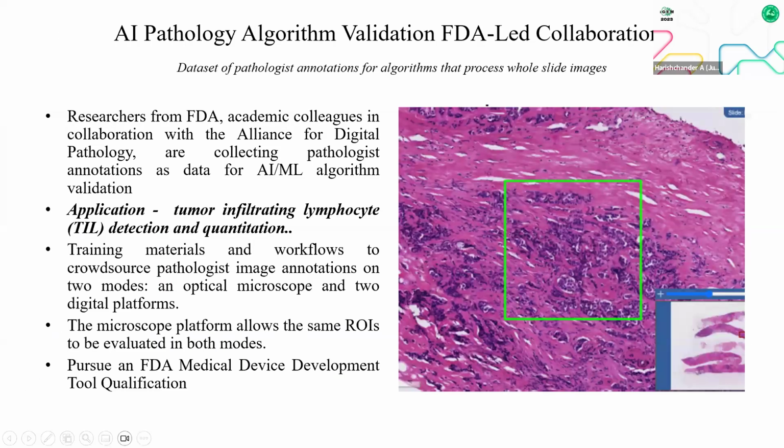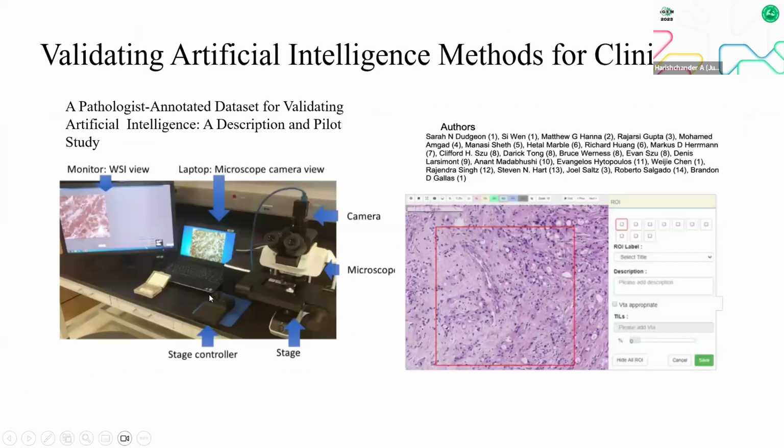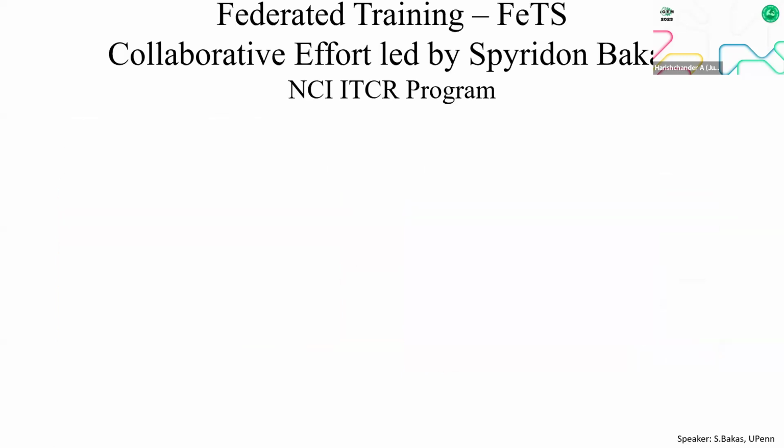And when it comes to the AI pathology based algorithm validation, FDA is also accepting it. And the research which currently focuses on the AI/ML algorithm validation gives the exact lymphocyte. You can see the specific area detection from the microscope, gives the relative operative index to give the quantification for the tool development. And you can also validate artificial intelligence methods for clinical use with a real-time high throughput system, and get a clinician as well as a person involved in molecular biology to work together.